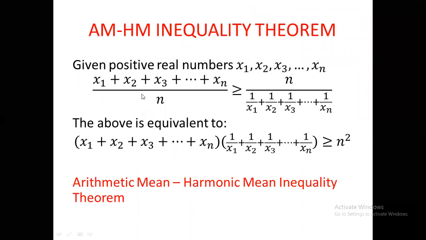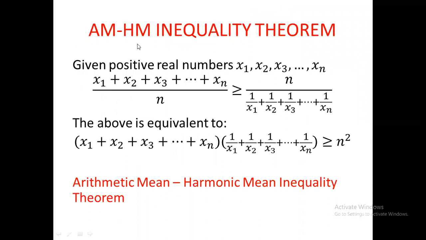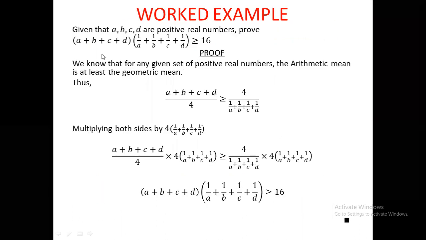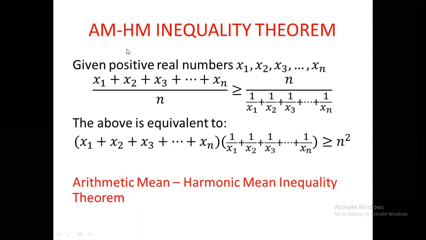So this is a general case of the arithmetic mean, geometric mean inequality. So we said, okay, let's generalize it. The previous problem was just for four given observations. So let's consider when you're given n observations. We don't know n, of course, is a natural number. We see the arithmetic mean (x1 + x2 + x3 + ... + xn) divided by n. That's the arithmetic mean. The arithmetic mean of a given set of observations is simply the sum of the observations divided by the number